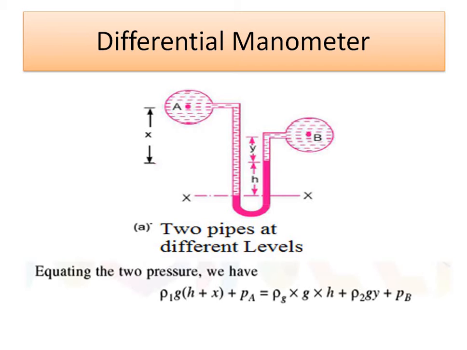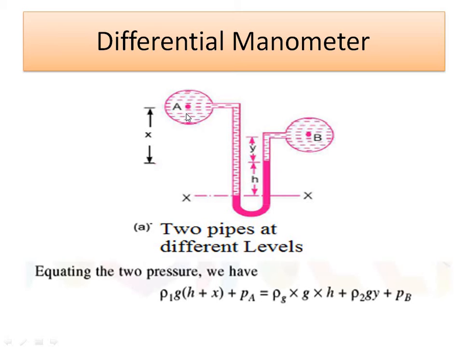We wanted to measure the difference between pressure at point A and B. From A, the mercury level decreases up to here, to the cross-sectional area at the bottom point XX. Now from A to XX, the total height is x plus h. Therefore, the total pressure in the left limb